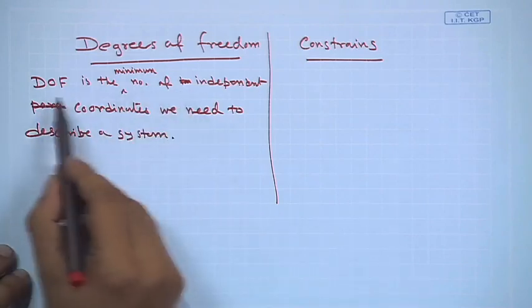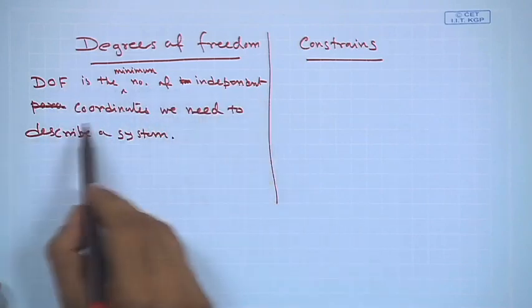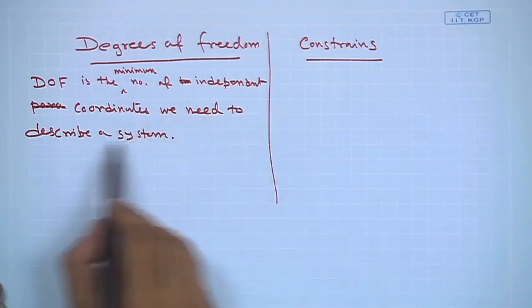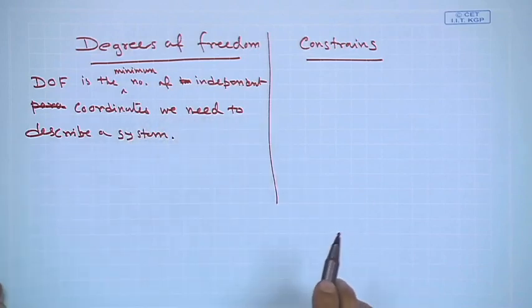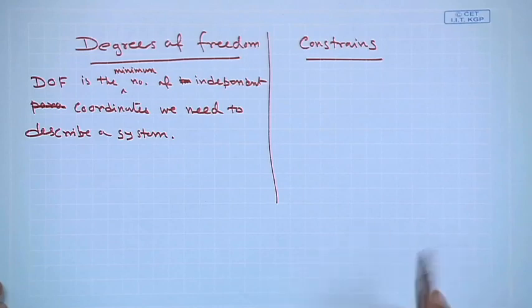So, the degree of freedom is the minimum number of independent coordinates we need to describe a system, and constraint is